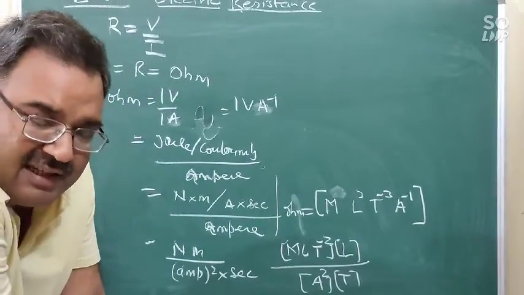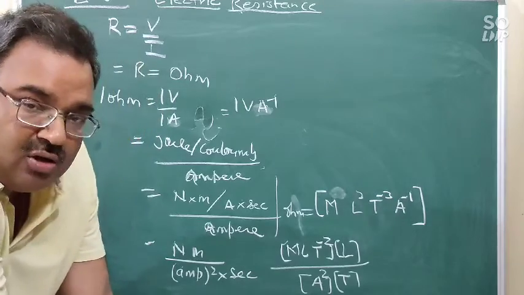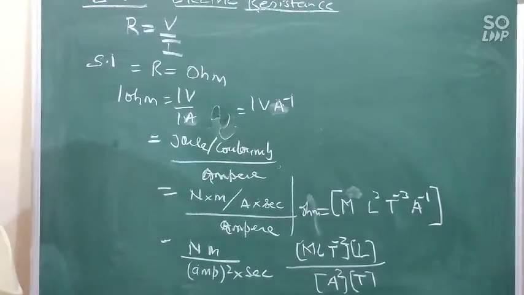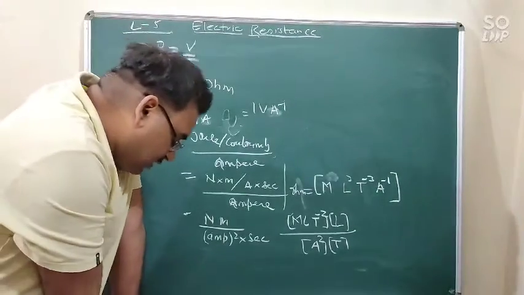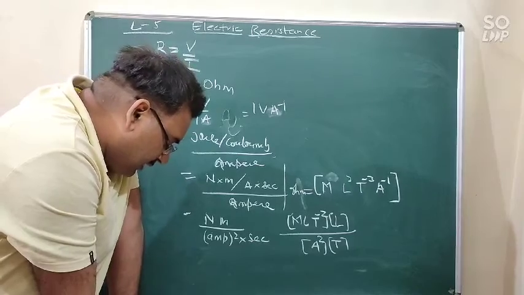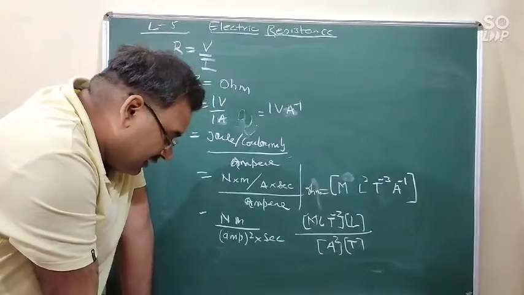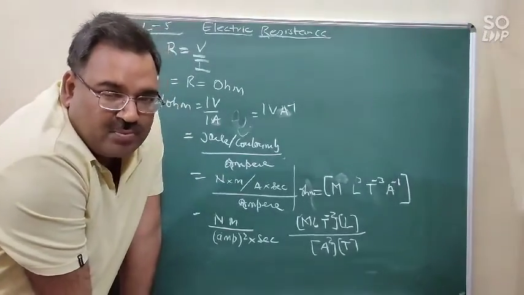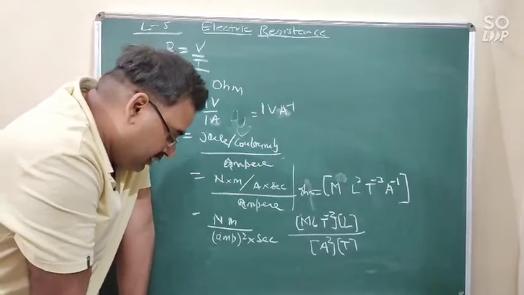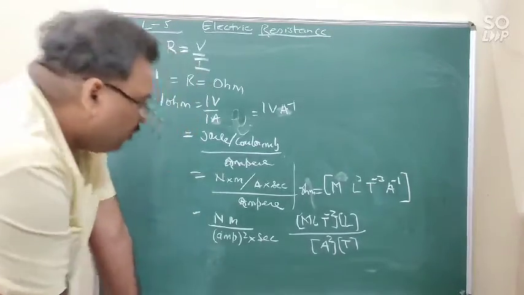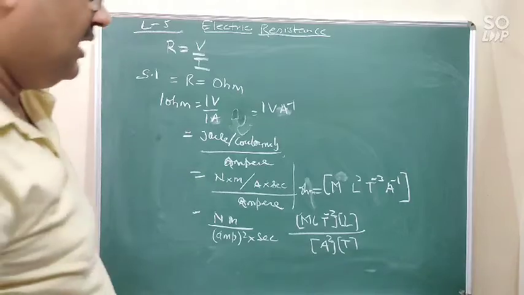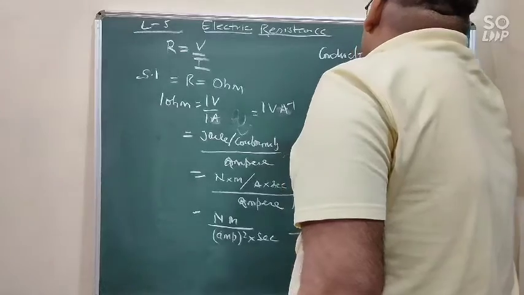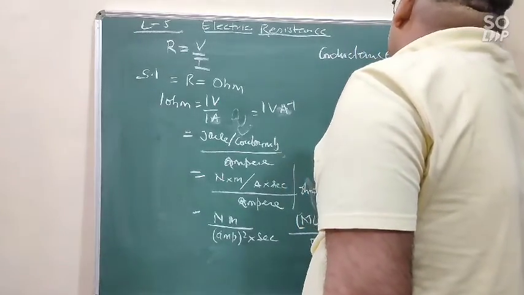Then we have electric conductance. The reciprocal of resistance is known as conductance. That is 1 upon R is equal to conductance. That is represented by the letter G. So conductance की यूनिट क्या हो जाएगी? ओम इनवर्स और सीमेन. So conductance unit is ohm inverse. Conductance is equal to 1 upon resistance.